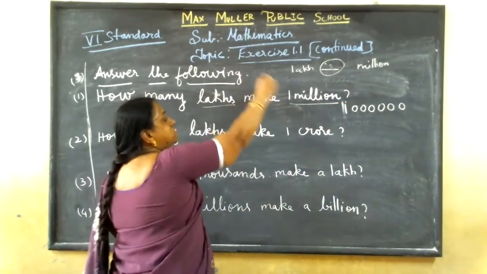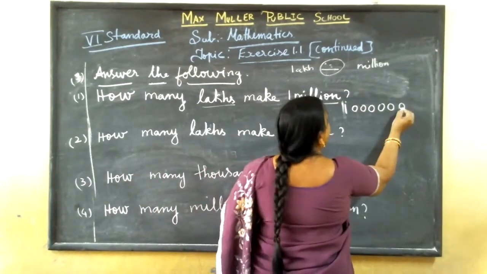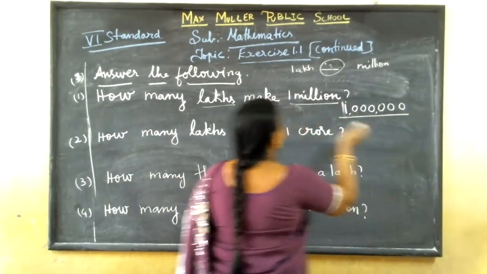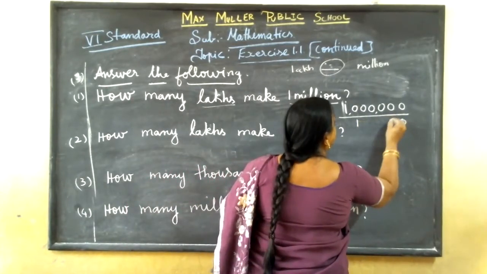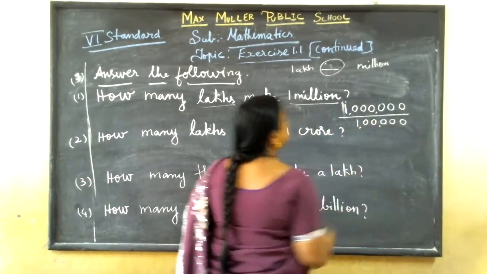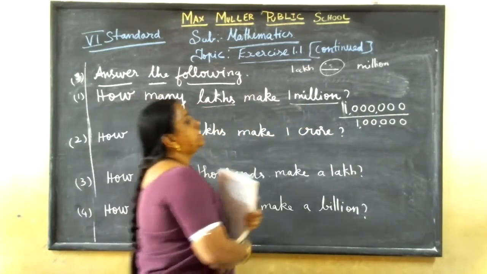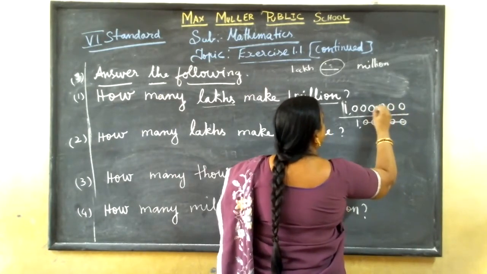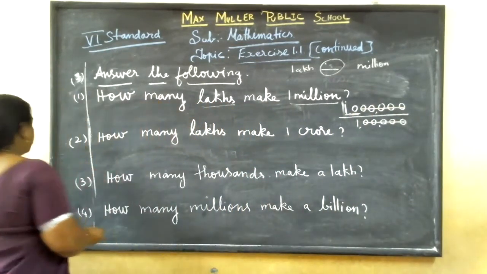So, how many lakhs is equal to 1 million? You need to find. For that, you should write first million. Ones, tens, hundred, thousand, 10,000, 100,000, million. We wrote million divided by lakh. How many zeros for lakh? 5. Ones, tens, 100, 1,000, 10,000, lakh. Okay. This step you should understand. So you should divide million divided by lakh, then you will get. So here, how many zeros are there? 1, 2, 3, 4, 5. Cancel 1, 2, 3, 4, 5. So what is that? What answer? You got 10.